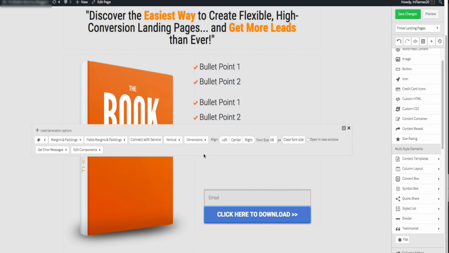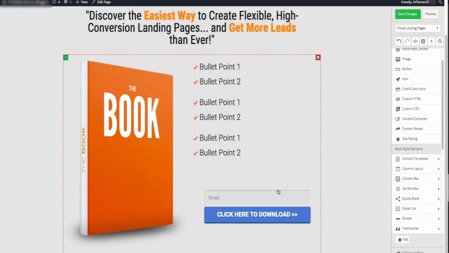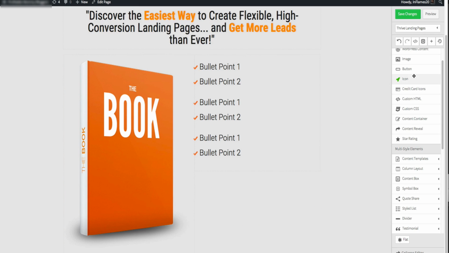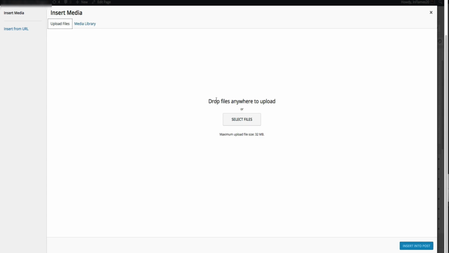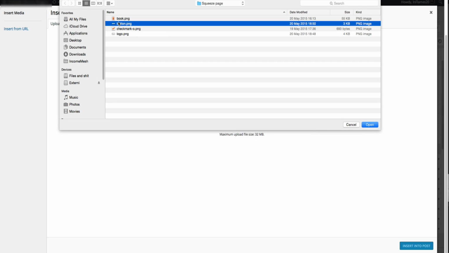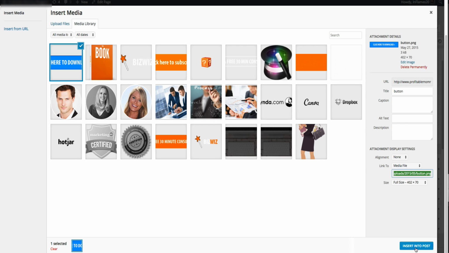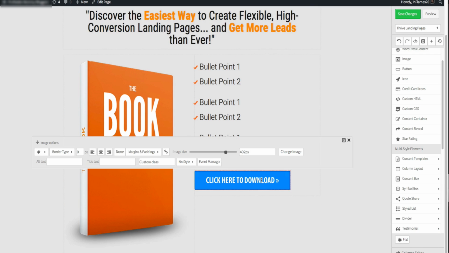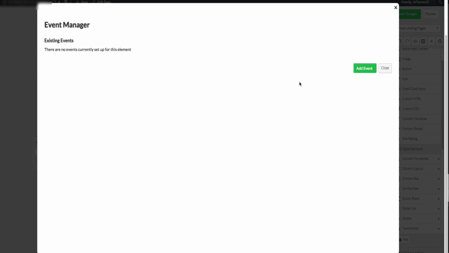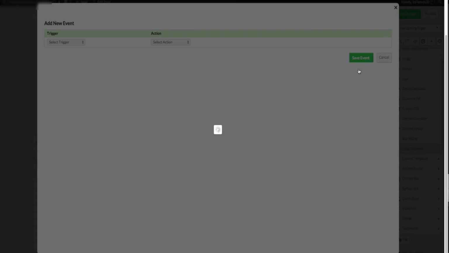So here we have a regular opt-in form, but if you just want to add, for example, an image here and add a button to it. So I think I have a button prepared. Okay, yes, here it is. So this is my button, and when someone clicks on it, I want a certain action to happen. So I will go to Event Manager, click Add Event,